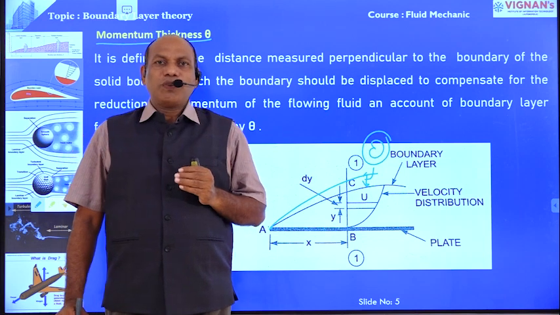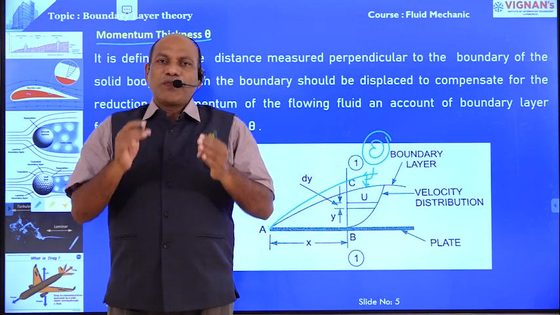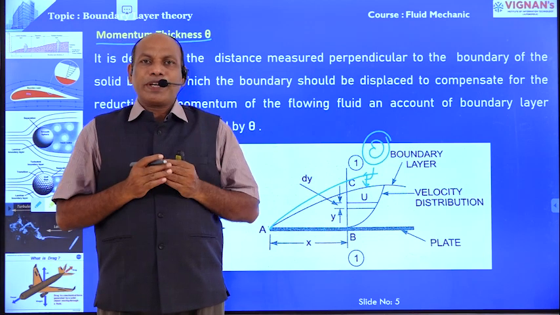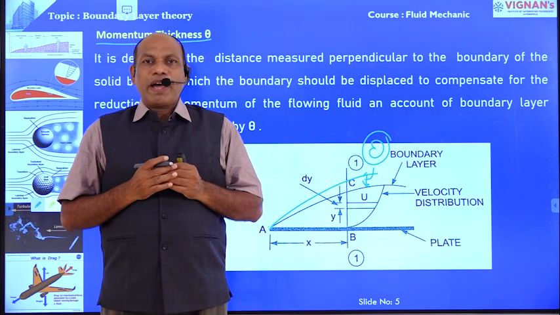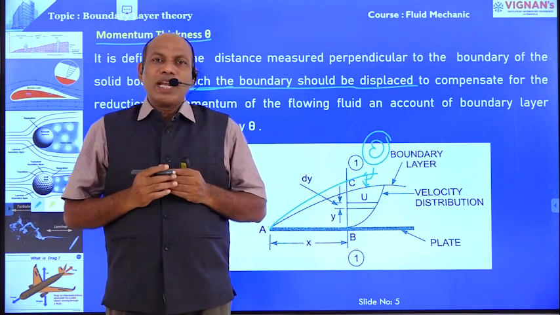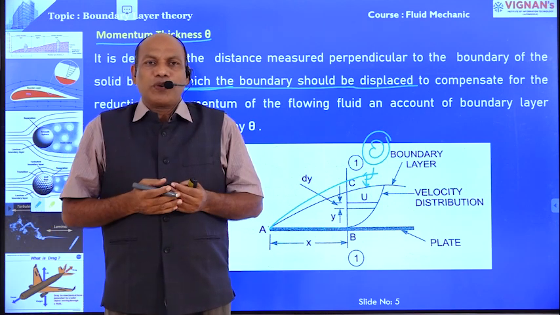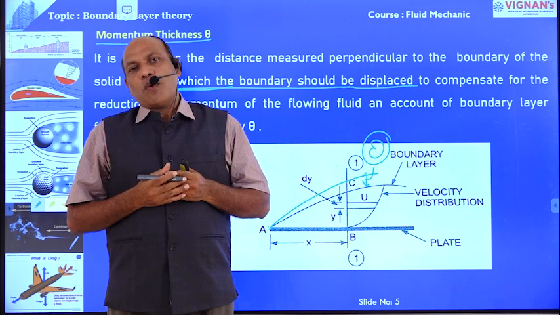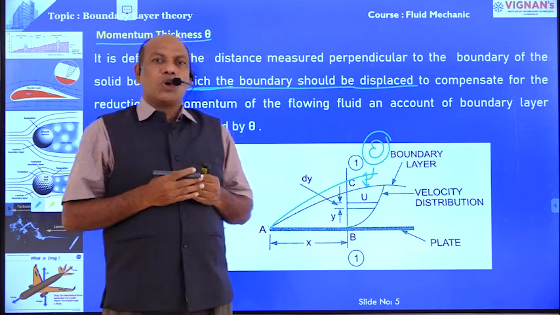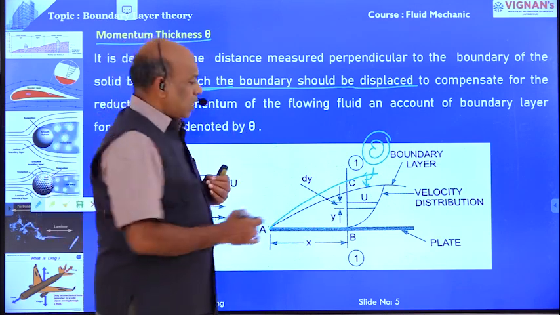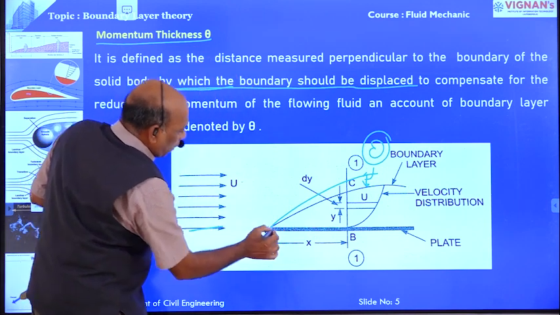Once again, the definition of the momentum thickness: it is defined as the distance measured perpendicular to the boundary by which the boundary layer is displaced to compensate for the reduction in the momentum of flowing fluid on account of boundary layer formation. Here also, as in the earlier case, once the liquid is flowing over the solid body,